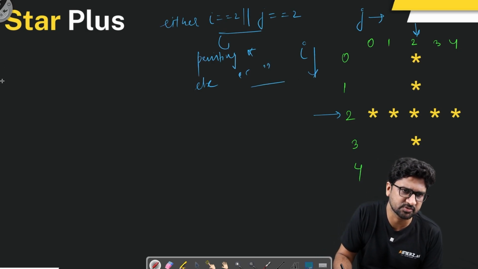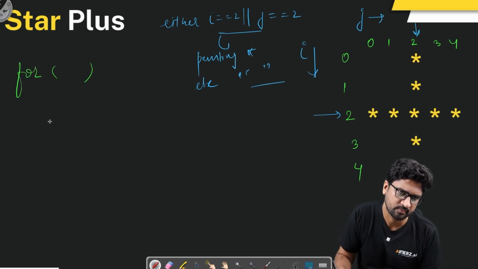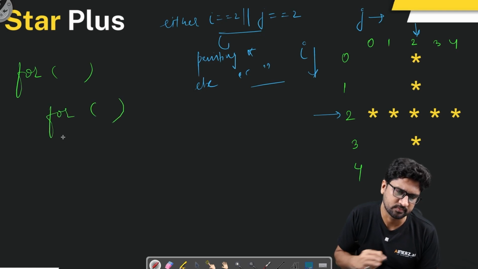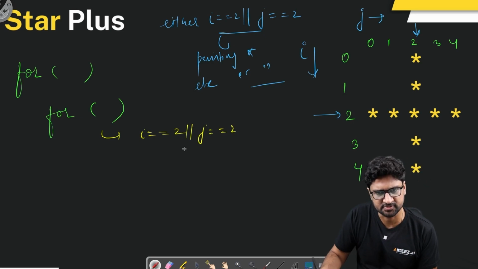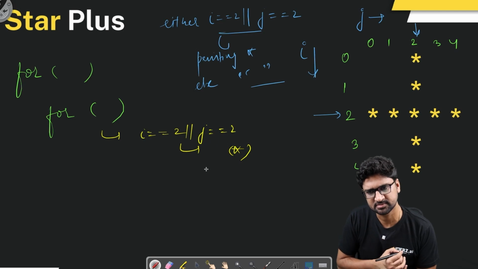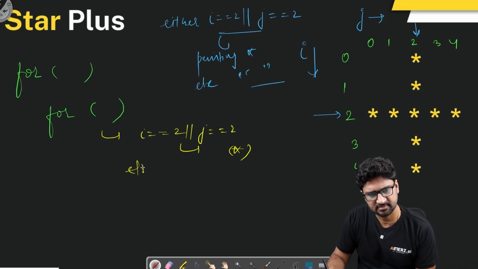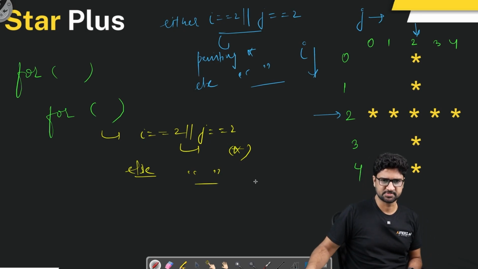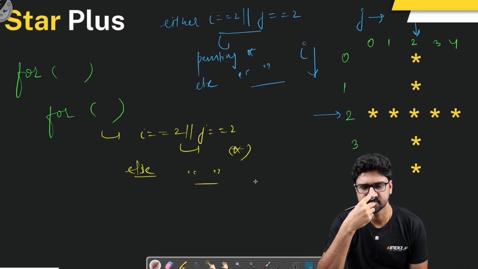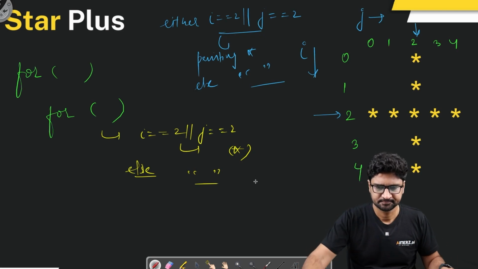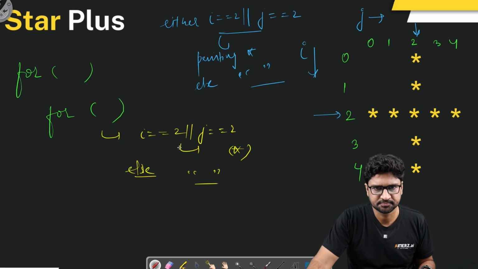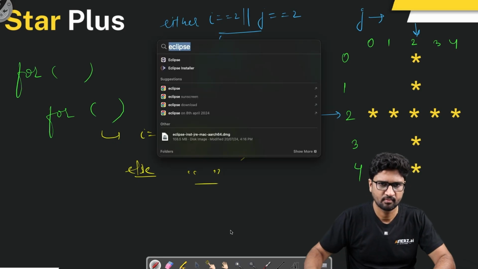So what we can do here, I can just go and write the outer for loop and then inner for loop, and inside this, if i is equals to 2 or j is equals to 2, in that case you go and print star. Else you just do the empty space printing. Does it make sense? Let's try to go and write the code for this and understand if it works. So what we do now is, I go to my Eclipse,